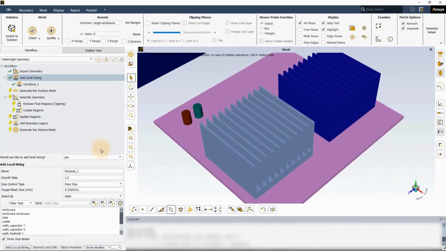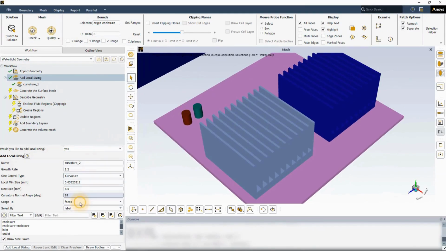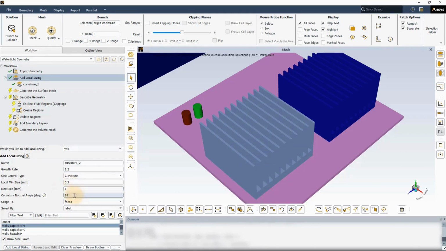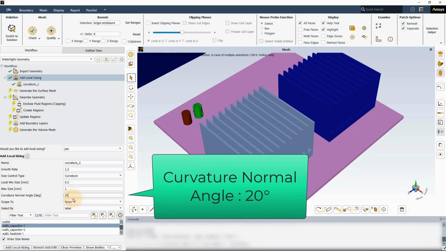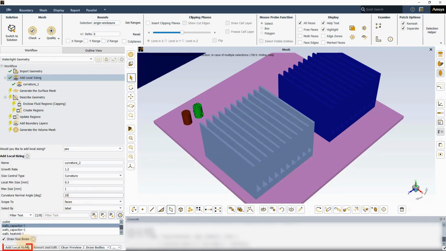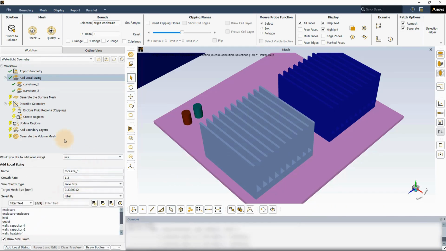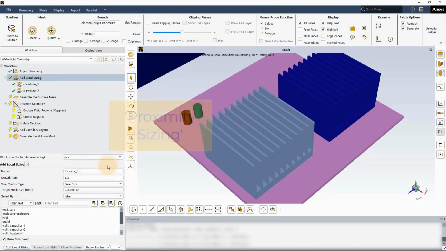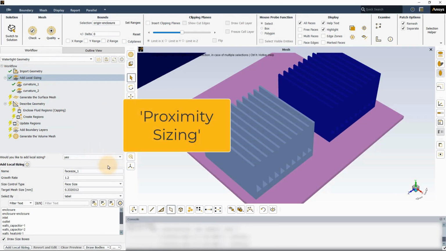Now let's create another local sizing for the Walls Capacitor 1. We will keep the same local min and max sizes as before. However, let's change the curvature normal angle to 20 for this one and click on Add Local Sizing. Now since both the curvature sizing have been defined, we will move to proximity sizing and make the comparison later